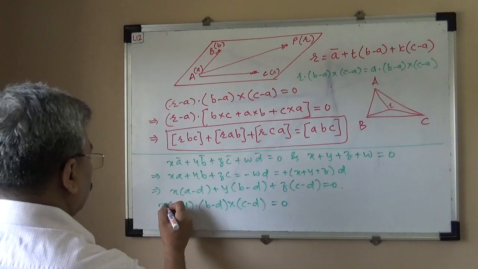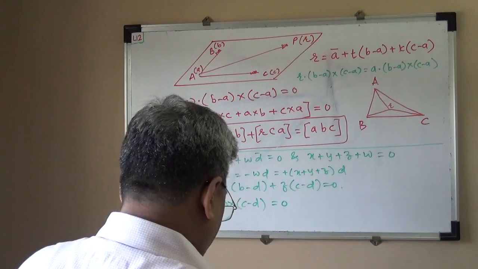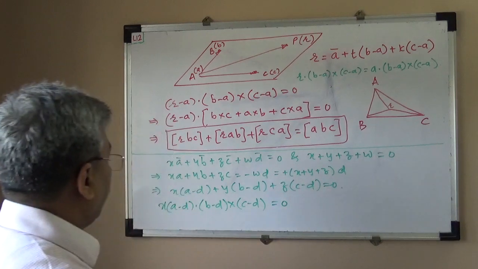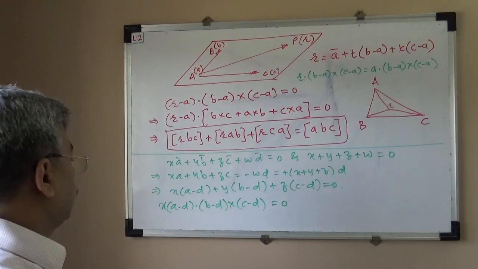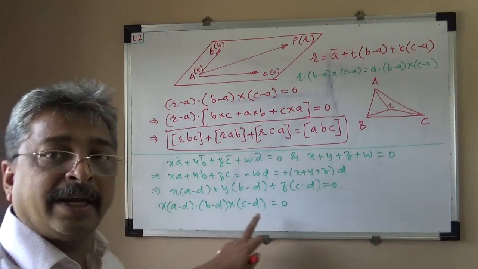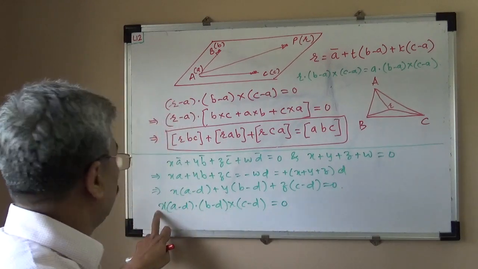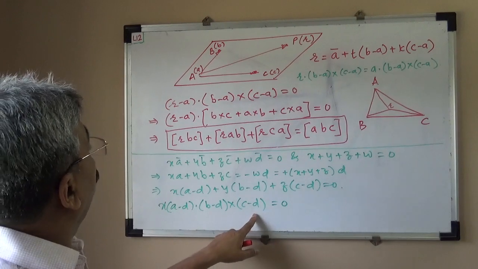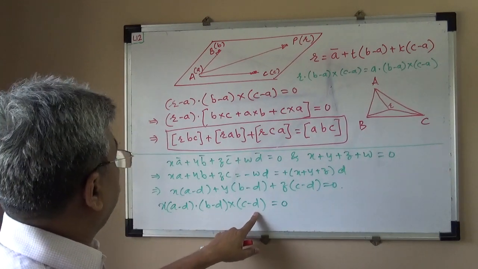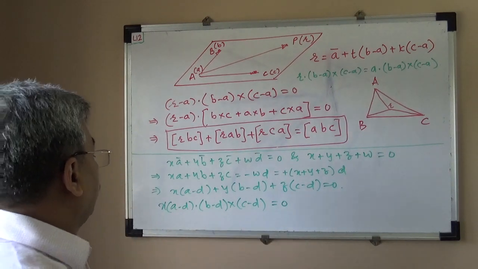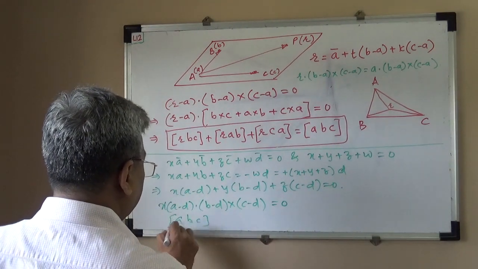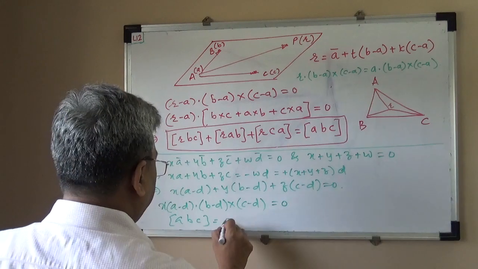So this is what we have right now. And now if we expand this, x is a scalar and on the right hand side we have 0, so we need not worry about that scalar. And if we expand this now, it is indeed going to be [ABC] is equal to [DBC]